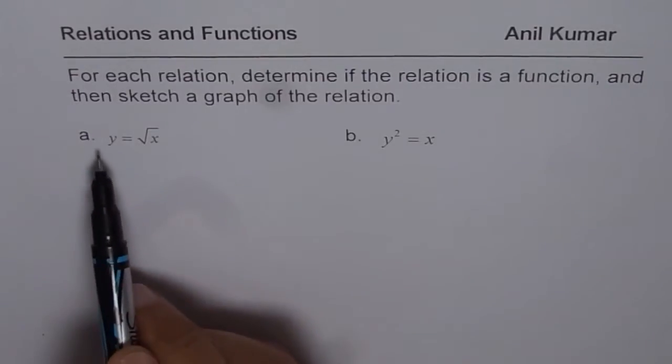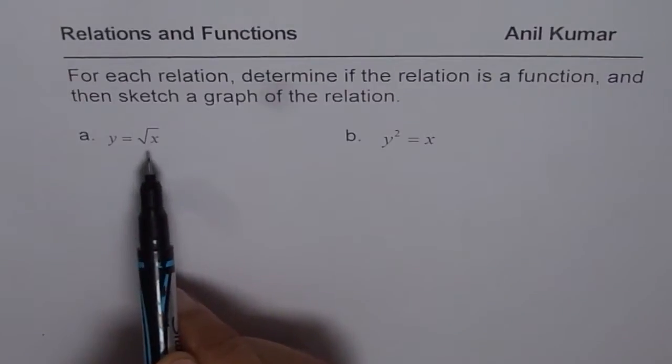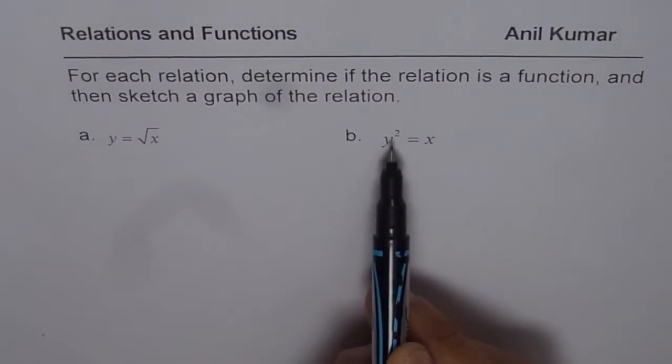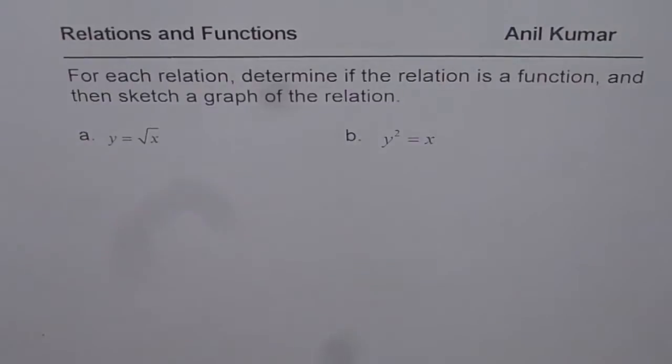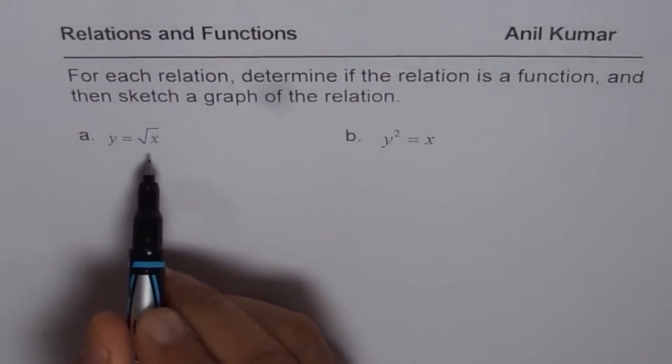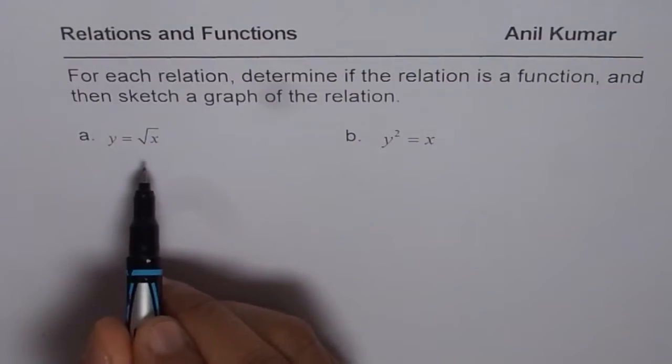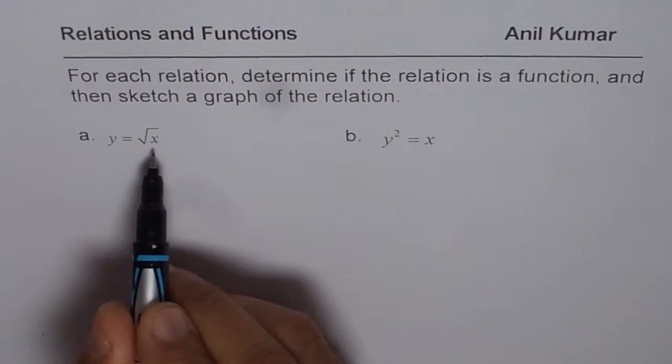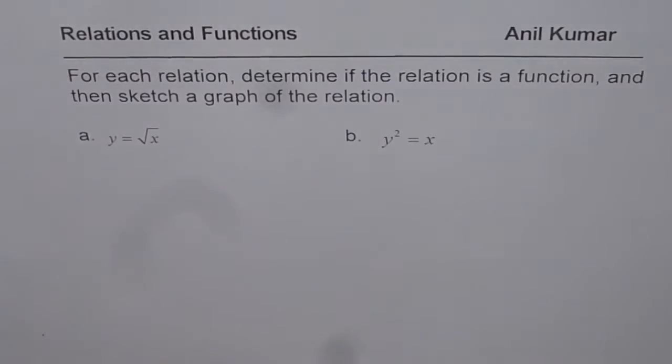One is y equals square root of x. The other one is y square equals x. I'd like you to pause the video, answer the question, and then look into my suggestion. Now y equals square root of x, as you know, is a relation, and this relation is also a function. It is a function since each and every value of x will have only one, a unique, value